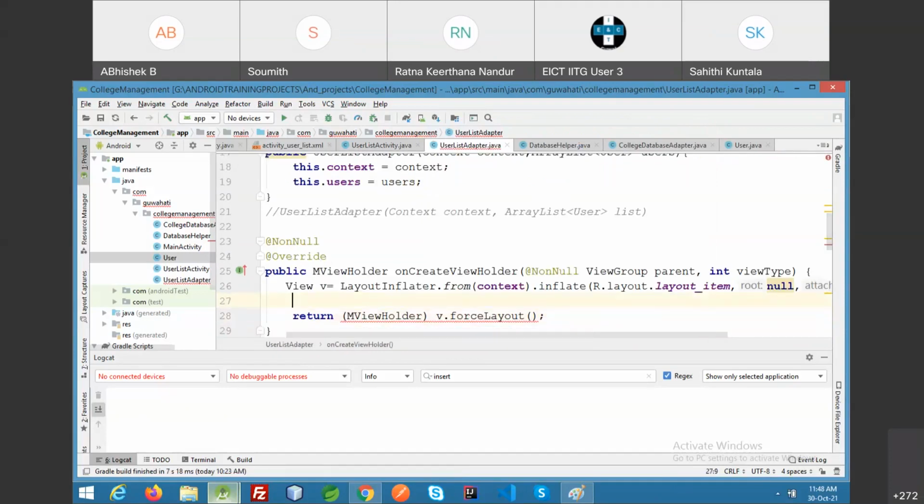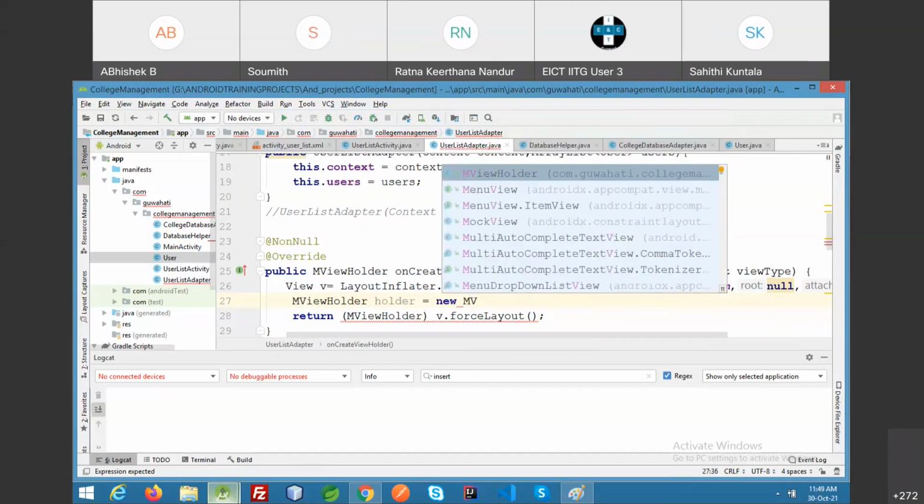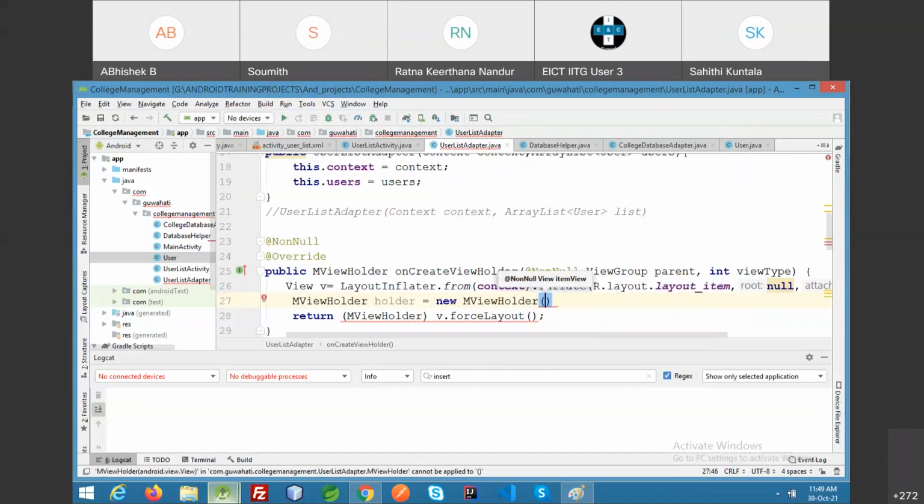Create the object of view holder equals to new view holder. It wants the item view. That view I will pass, and then I will return this holder. It's fine.